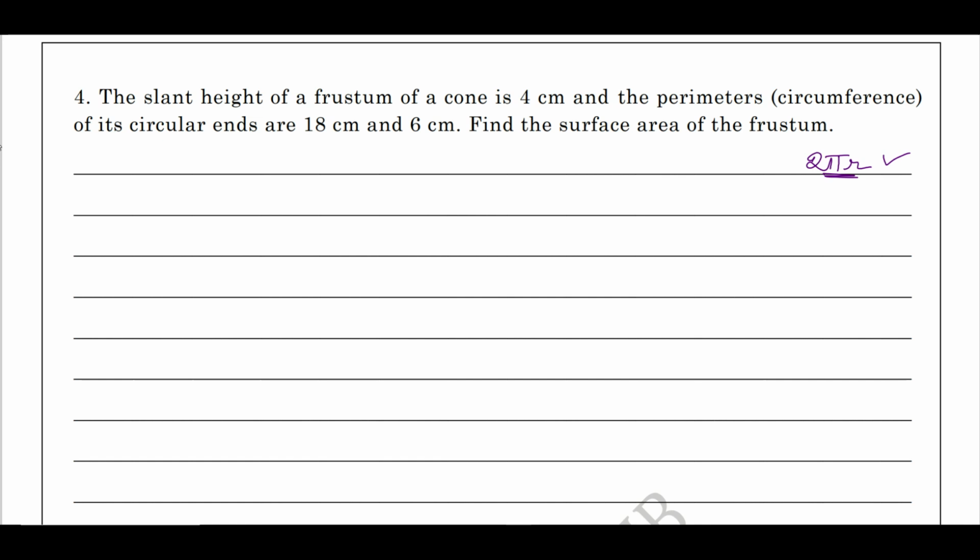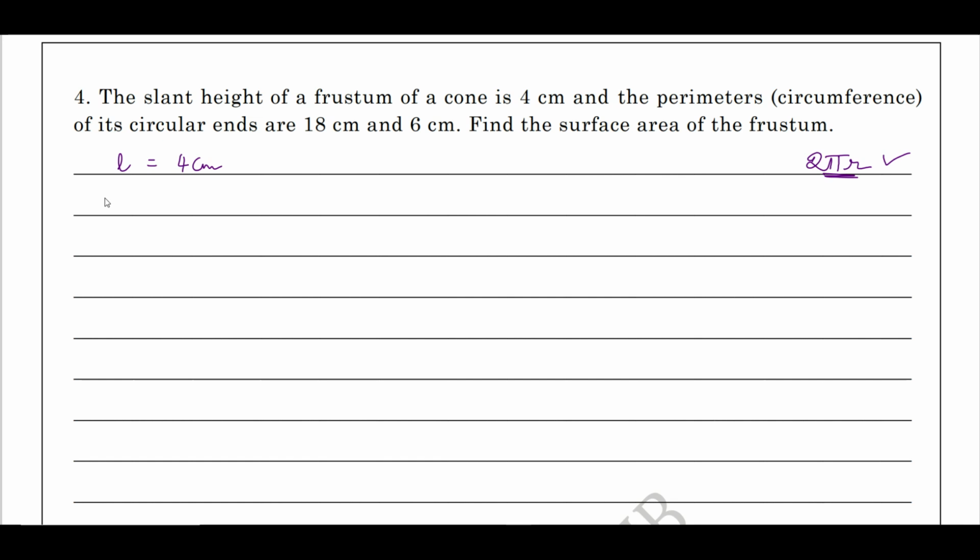Now find the surface area of the frustum. So clearly they have asked the surface area of the frustum of a cone. That means you should find out the total surface area of the frustum. So what they have given? They have given the slant height L equals 4 centimeter, and